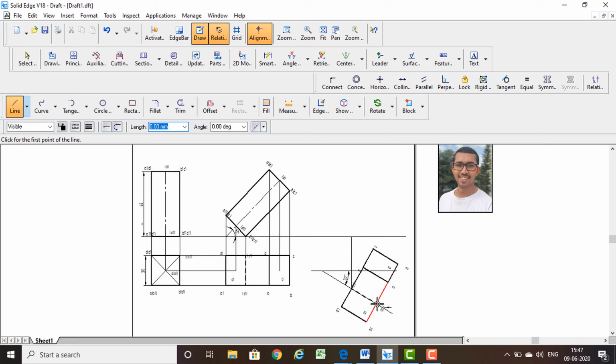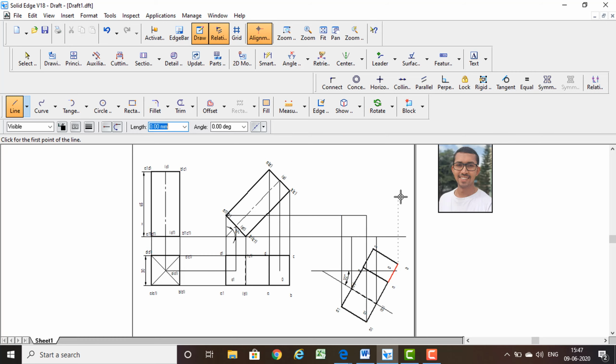C1, and this one is B1. Also draw the D1. See, this is D1 and this one is A1.